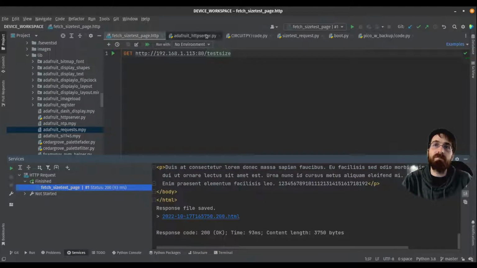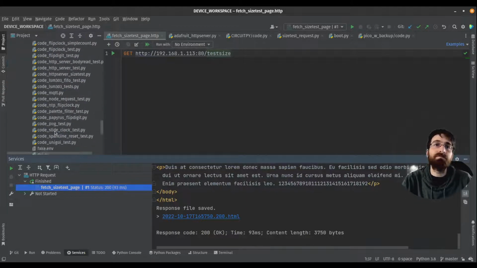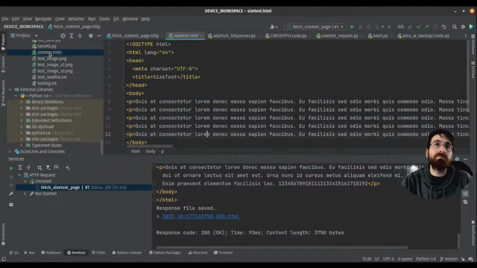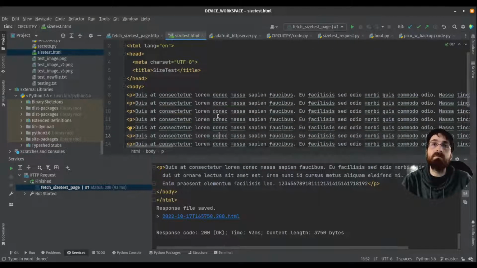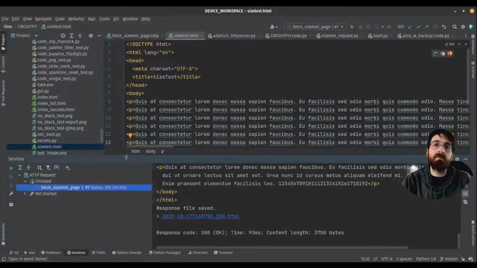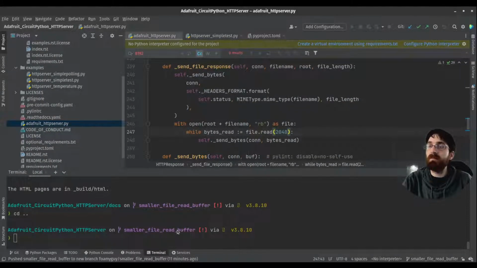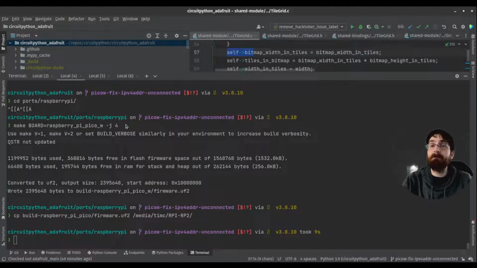Not sure. 7000 bytes, 129. Okay. Seems okay.